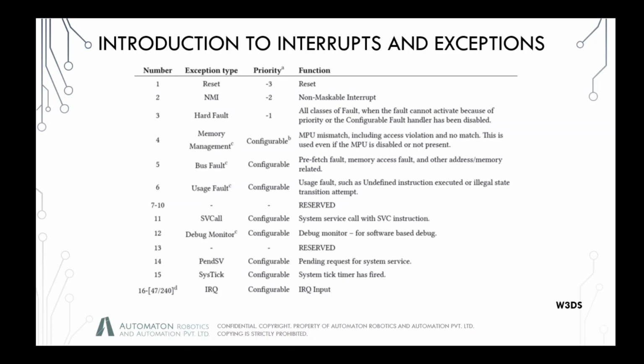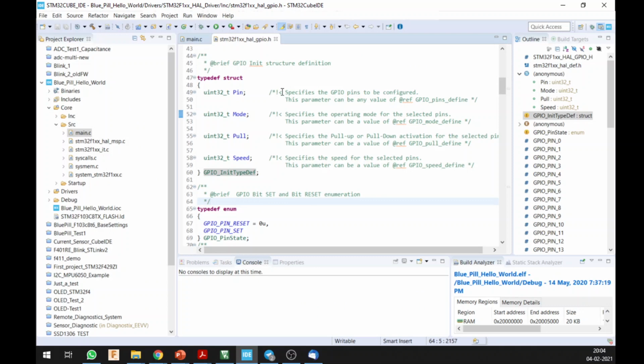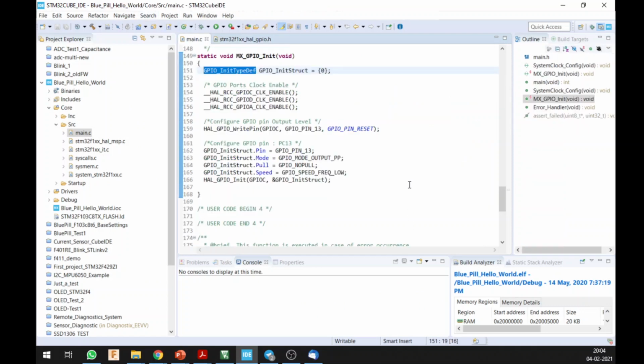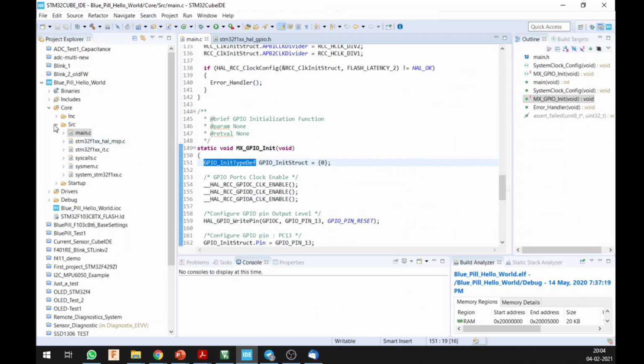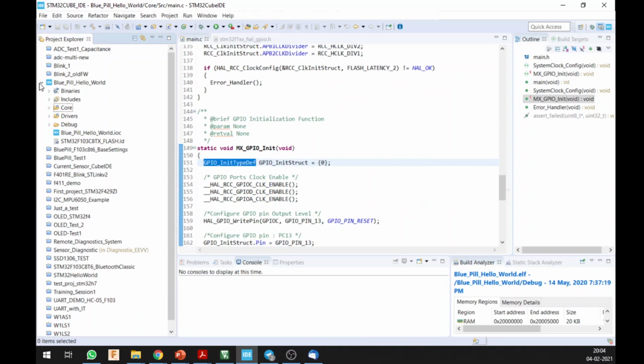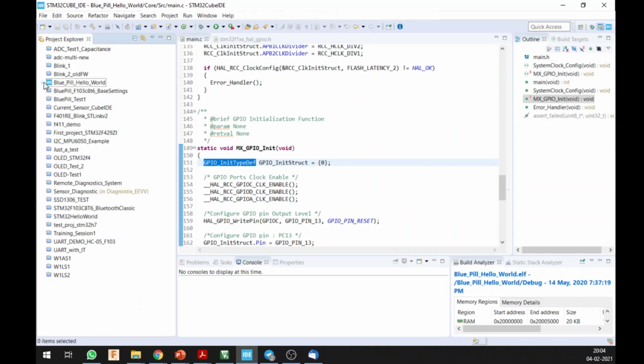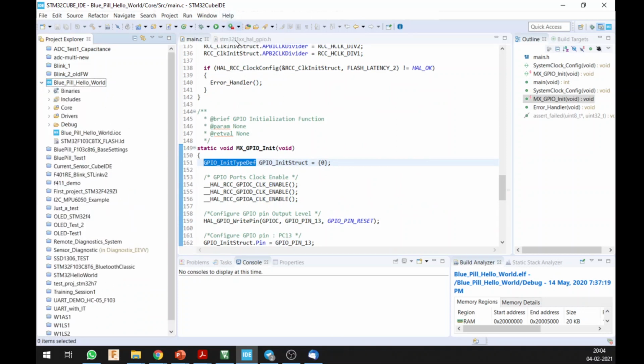Okay, so just to give you a small demo of how we set the interrupts, I am not going to demonstrate this because I do not have a board connected, but how to set the interrupts and how to work around with the interrupts, I will be just doing that. So this is the CubeIDE, all of you are familiar with this. I will be going to my IOC file, which is the CubeMX perspective file, which is there to set all your different GPIO pins and all. So I'll click on this and it is going to load that. It might take some time.